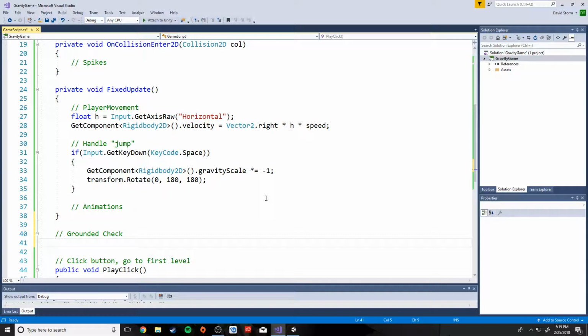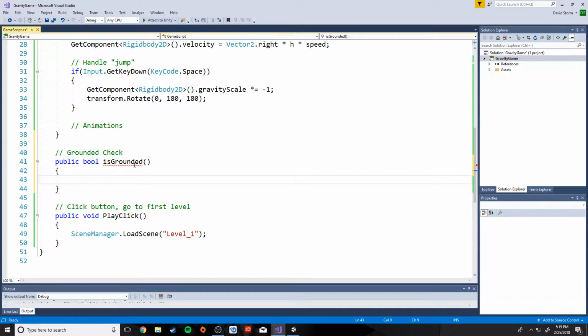Let's check to see, what do we want to call this? First of all, it's going to be a public bool, because I want to just check to see if it's grounded. If it's grounded, it's true. If it's not, it's false. So I'm going to call this is grounded. And inside of the is grounded method,